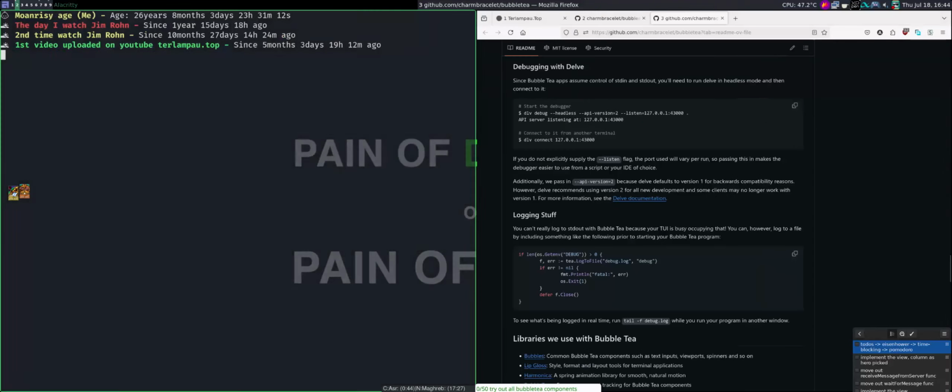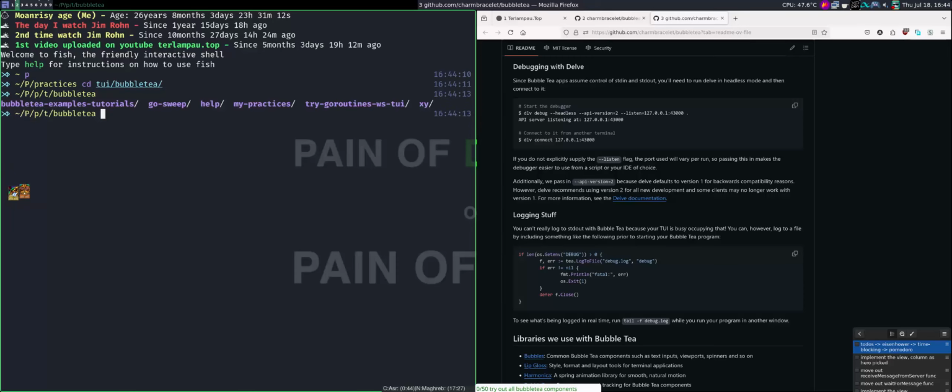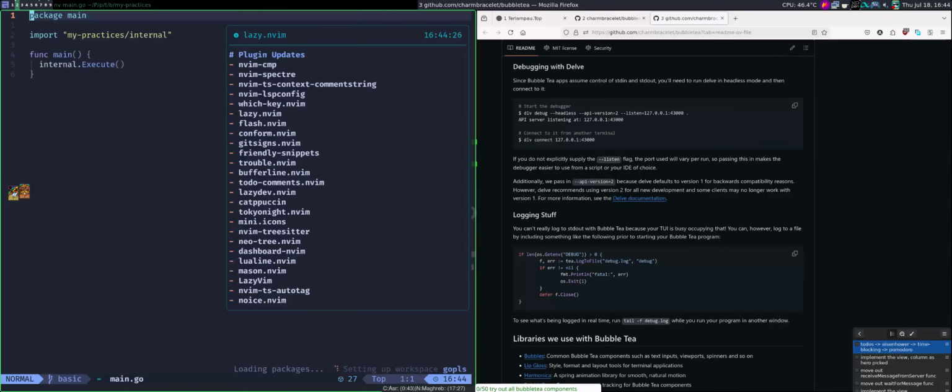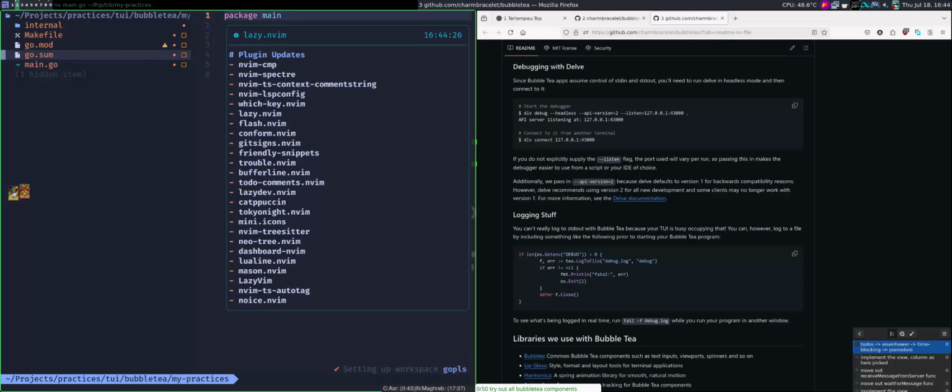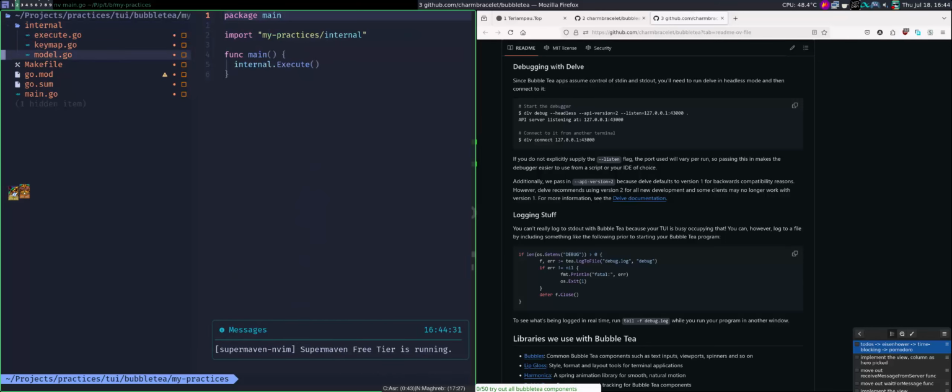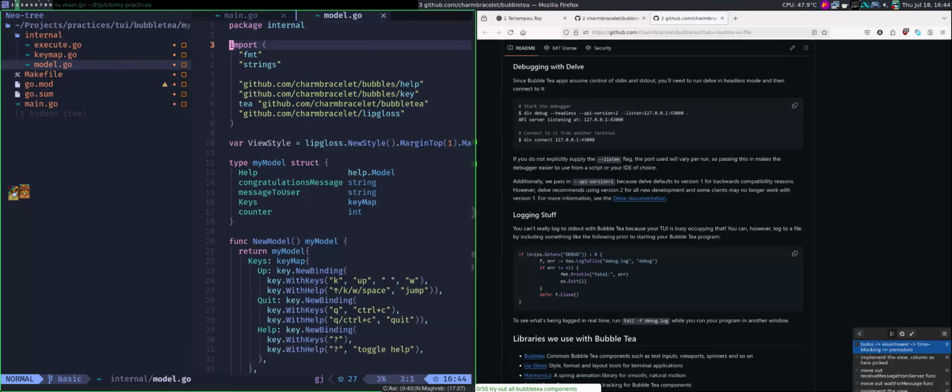So I'm trying to open my project again, and I believe I have my practice. What is in here? Okay, still empty. Or maybe I put it in the other file. Oh, I see.